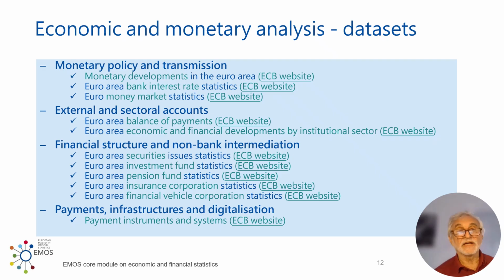Now let's turn to what the Euro system or the European system of central banks is producing in terms of statistics. And here it's maybe important to point out that central banks in general, but especially the central banks in the Euro area and in Europe, are basically Janus-faced relative to statistics. They are extreme users, power users of statistics. As we just mentioned, they need a lot of statistics to be able to function, to fulfill their functions and their tasks. On the other side, they are also producing a lot of statistics.